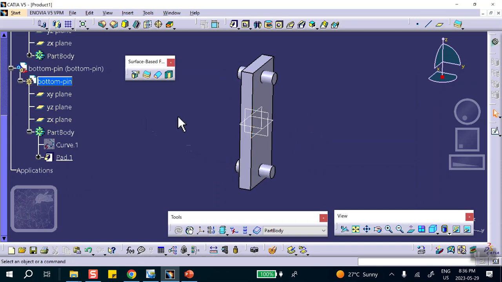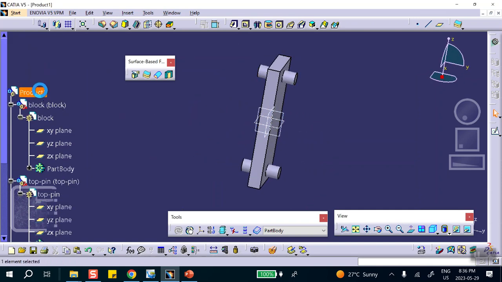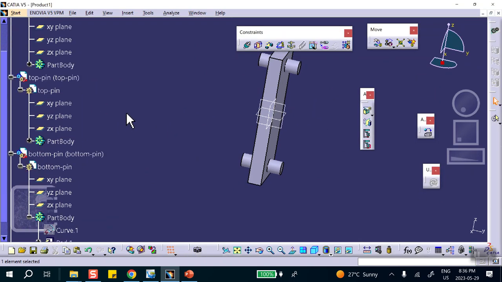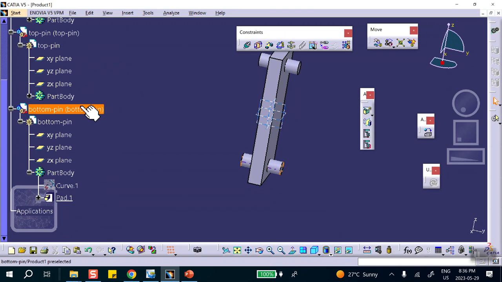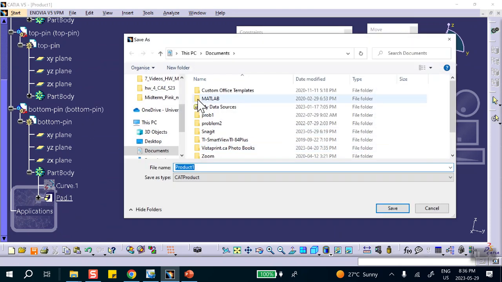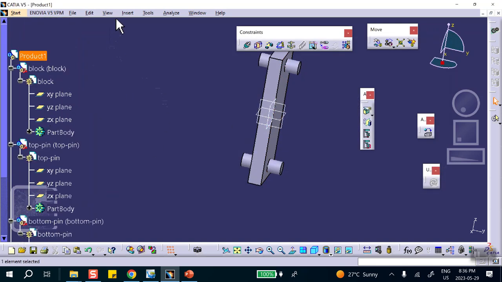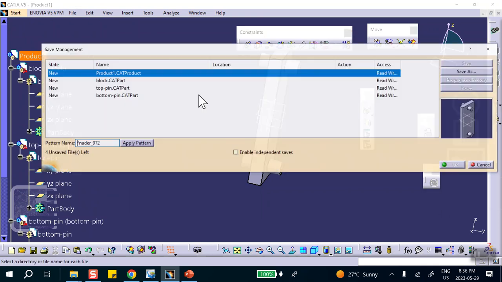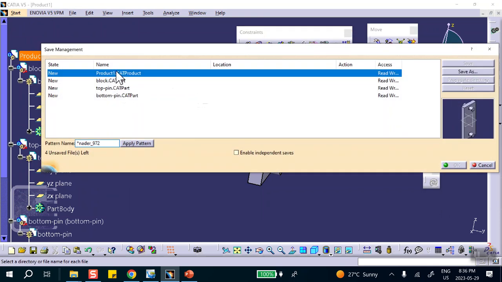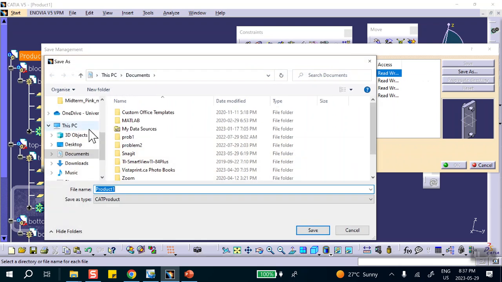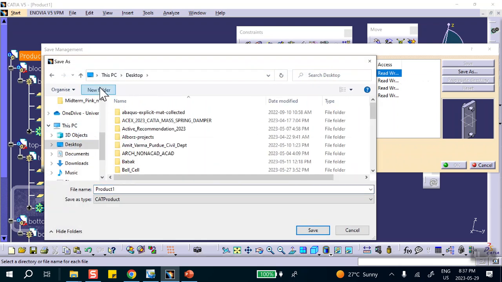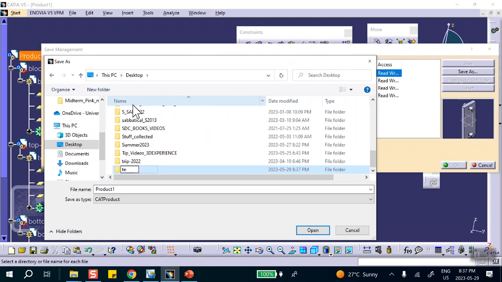Now, one thing I want to point out to you is that, first of all, let's go all the way on the top. That's the top level assembly. If I click on the floppy, everything that you have done, okay, let's actually do that. I don't want to do it like this. I want to go to File, Save Management. This is the block product that I want to save as, Desktop, New Folder, Tensile Specimen Assembly. So we say OK,